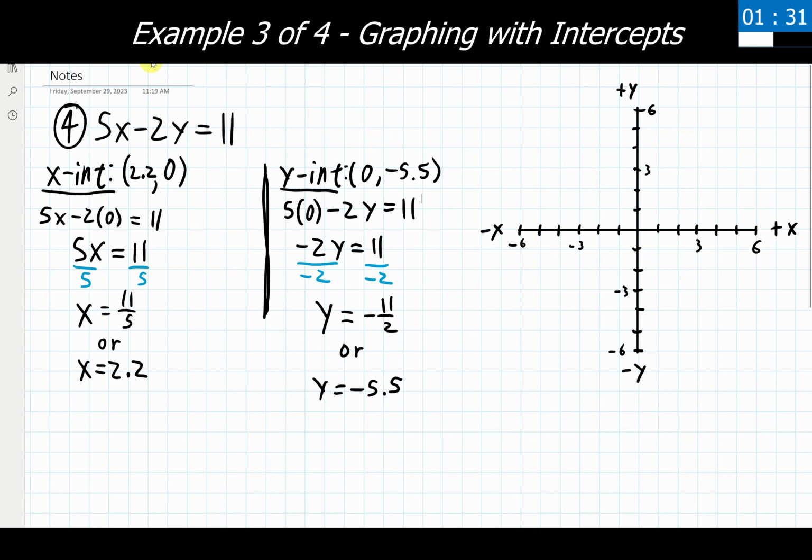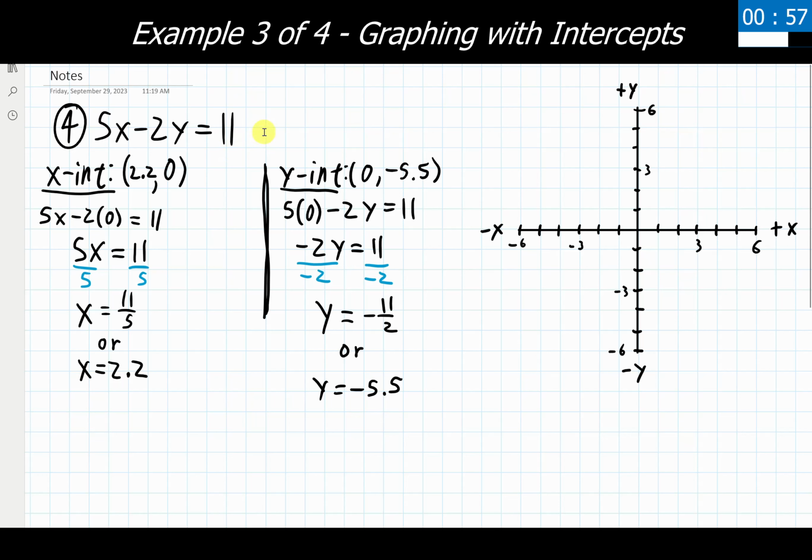Now at this point in time, we do have the choice if we wanted to do what we did in example 3, which is I'm going to pick some different input values, some different x's to plug into this thing and solve for y. We can do that, and there's nothing wrong with it. I will let you know now that this particular problem is one that it's very hard to find really nice input values that are going to produce whole number answers. Even if you were to rewrite this thing into a different form, it's still going to be a little bit of a pain.